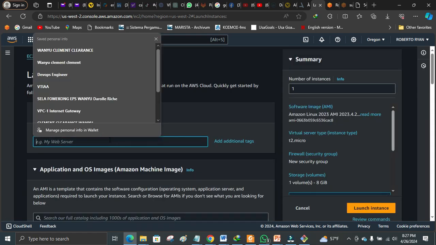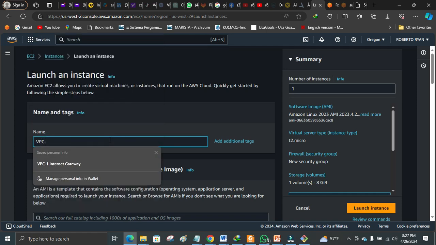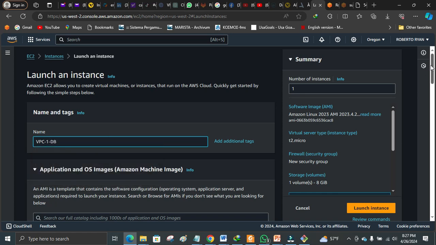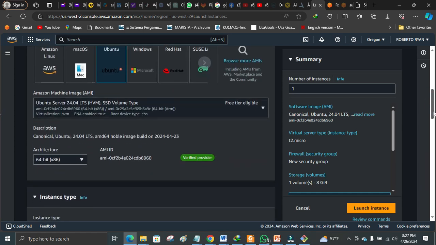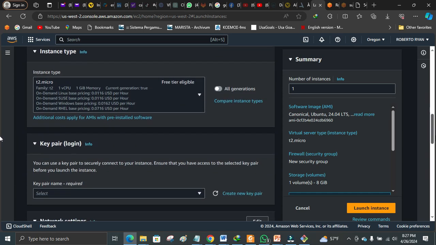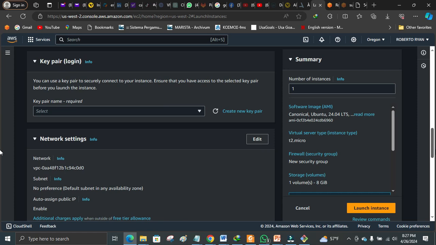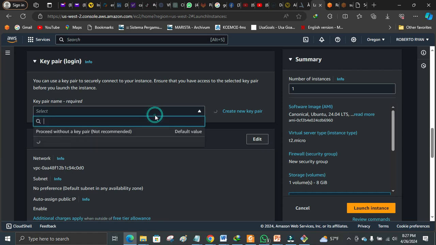Database name: VPC-1 DB, and we take Ubuntu. T2 micro is okay for our demonstration. We just take the same key pair,